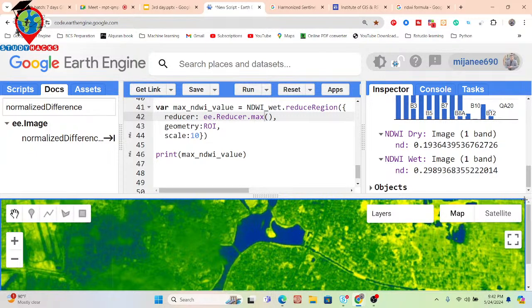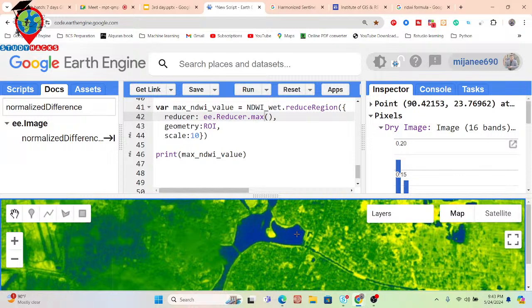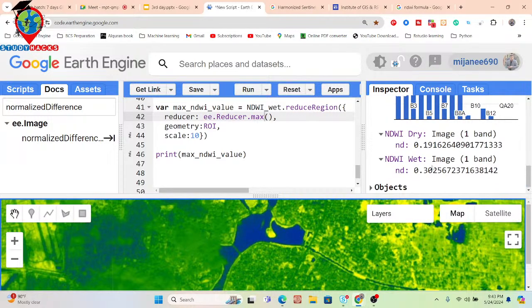If you check what the condition is for your permanent water body, we find that it shows 0.2. So this time, if I set the condition, all water pixels from the rainy season greater than 0.2 are your rainy season water. Suppose all pixels greater than 0.2 are considered wet season water. If I set it, there is no problem. Suppose this time we find that the permanent water body shows 0.2. Suppose I click on here again, you can see the result. It shows 0.3 also.